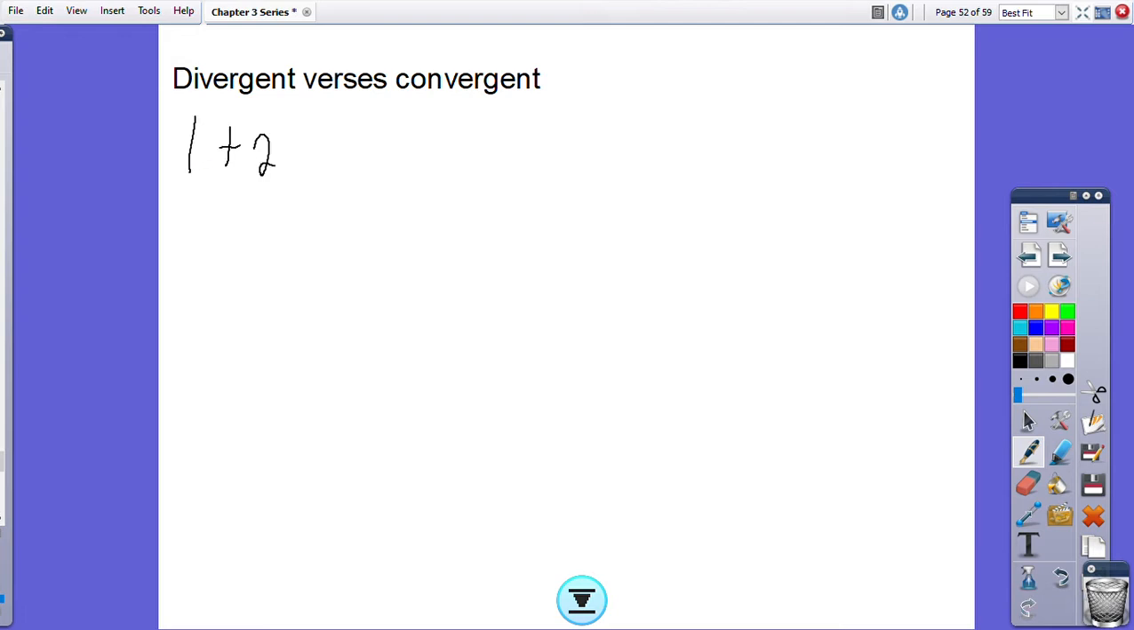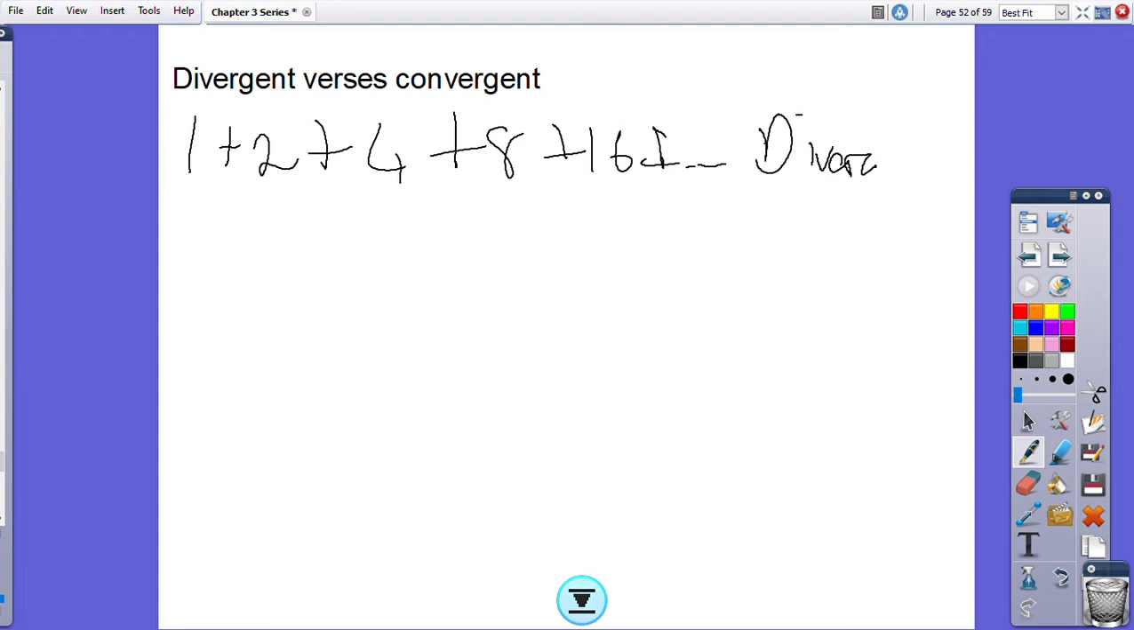1 plus 2 plus 4 plus 8 plus 16 plus dot dot dot, each time you add a term, the answer gets bigger and bigger. So this is a divergent series. But with other series, what we find is that if we just show you this one,